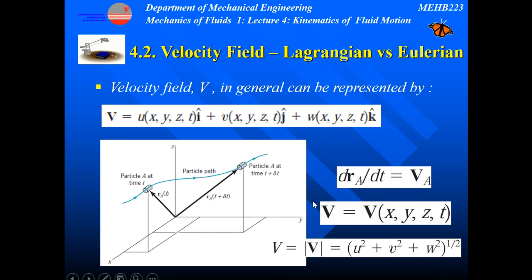If you write the velocity for all the particles, you can obtain the field description as here, where it's a function of position x, y, and z and time. Since the velocity is a vector quantity, if you want to get the magnitude of the velocity, you put a modulus and you can calculate the magnitude. So in general,